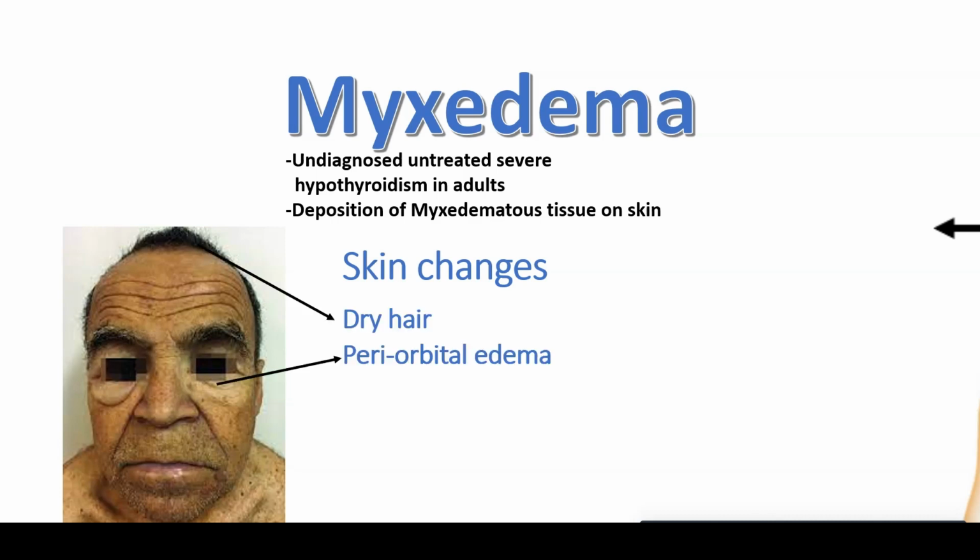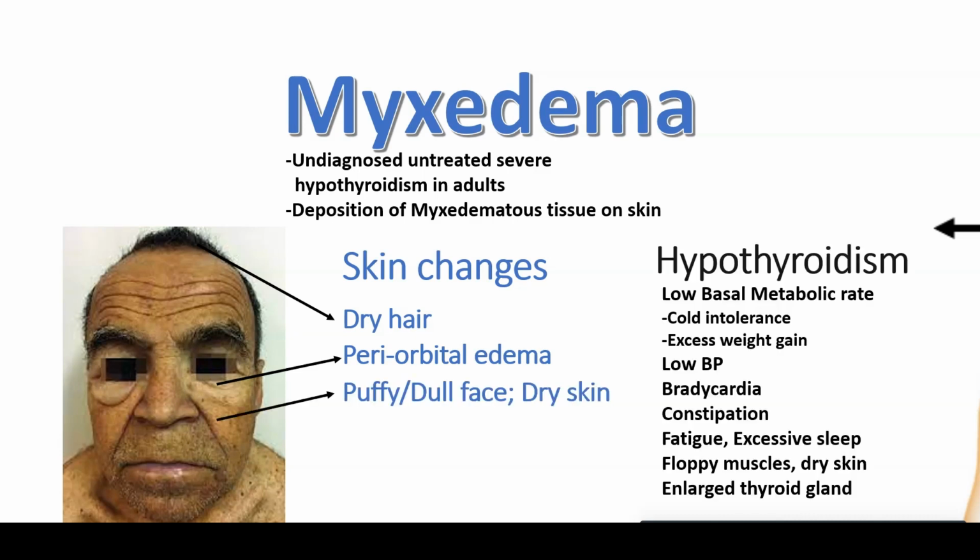There will be dry hair, periorbital edema, a puffy or dull face, and dry skin. These are the features that you can memorize. Along with this, there will be hypothyroidism, which we have already discussed, so please refer to that. If it is still not treated, then this can become so severe that it can lead